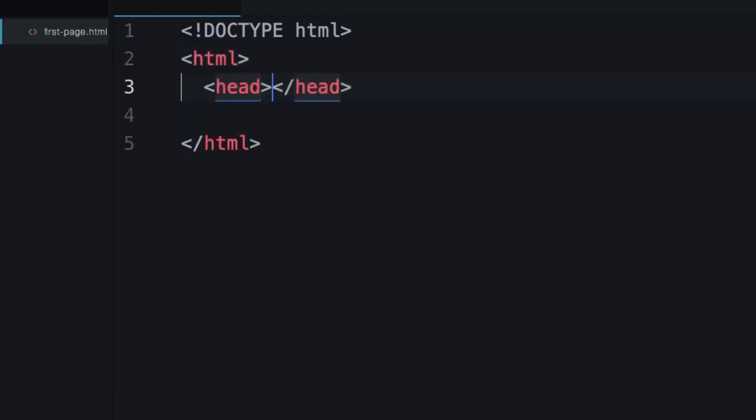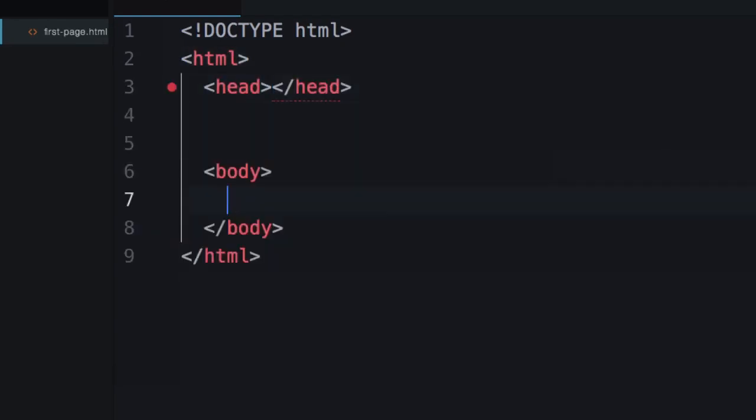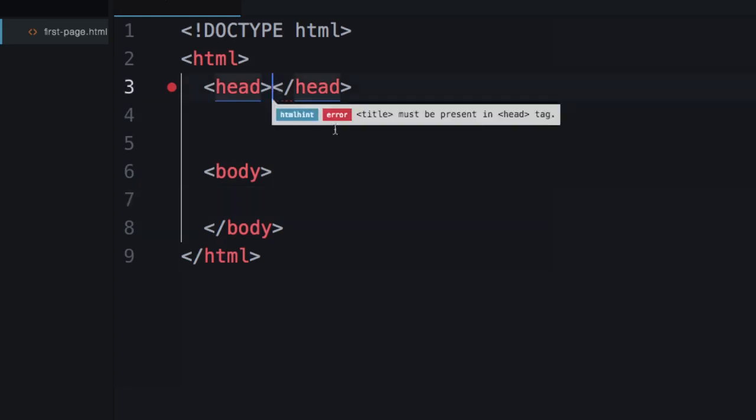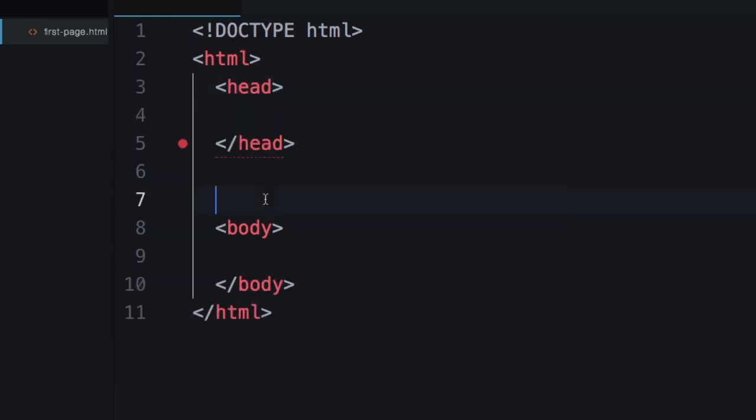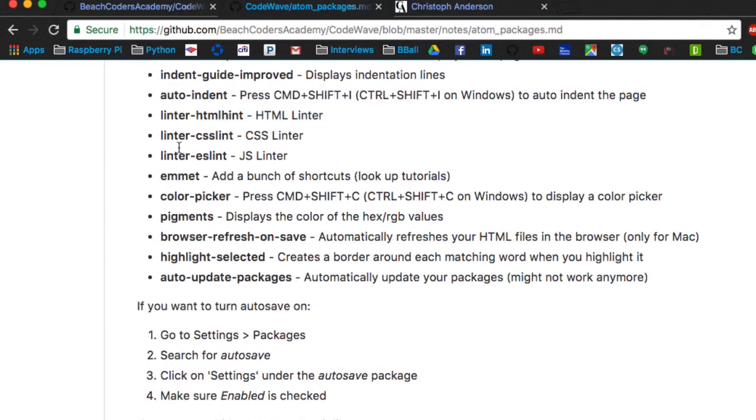What? Head? What? Body? What? Magic, right? So just by hitting tab, it will auto-complete a closing tag for you. In Atom? In Atom, yeah. And that package is